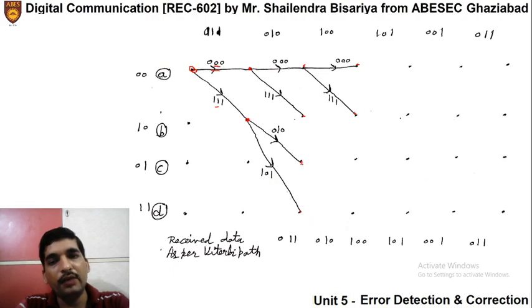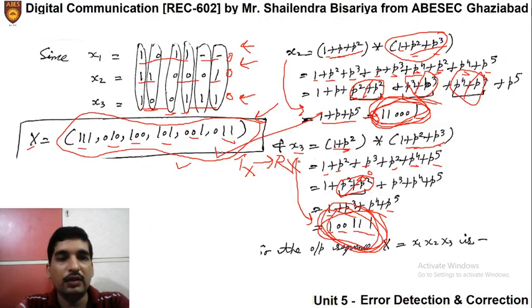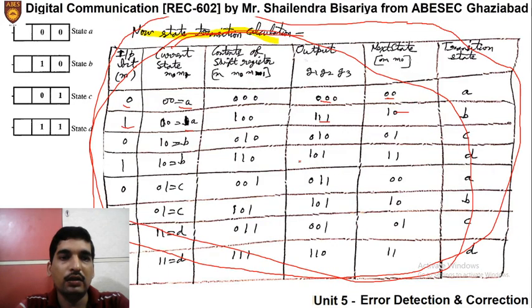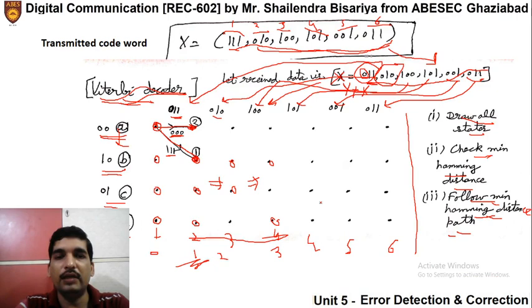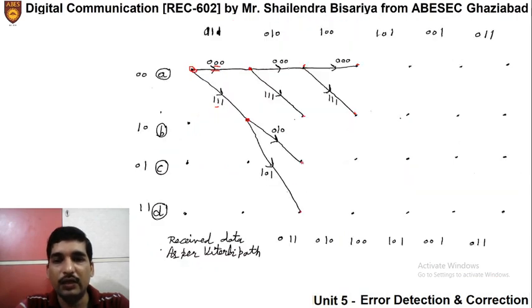Right? Similarly, when it reaches state C, let us recall that from state C, if the input is 0, it will move to state A, and if the input is 1, it will move to state B, and the corresponding outputs are 011 or 101. Okay, so we will do that. That means if it is state C, it will move to state A in the next case, or it will move to state B similarly.